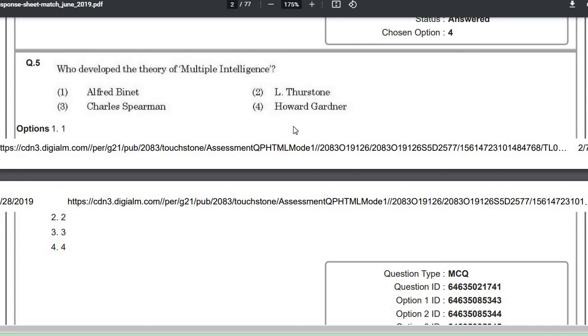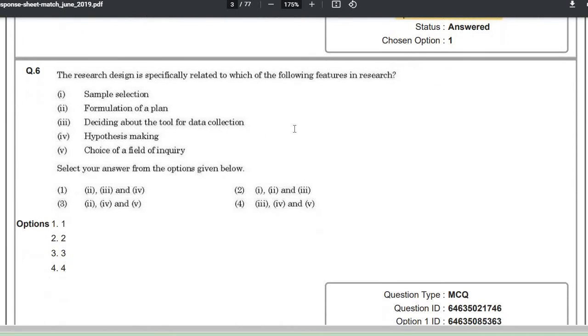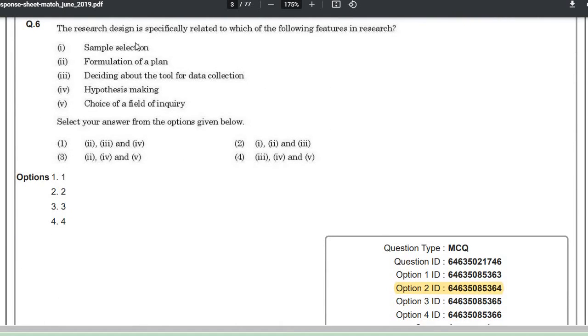Howard Gardner is the person who developed the multiple intelligence. Multiple intelligence is developed by Howard Gardner, remember. Okay, and next coming to the next one, the research design is specifically related to which of the following